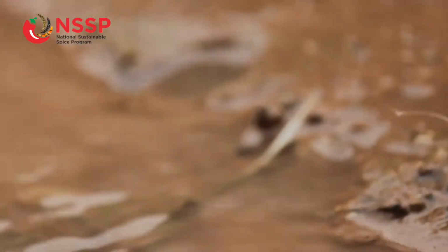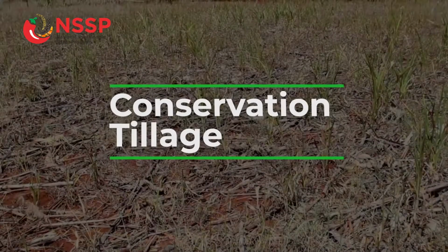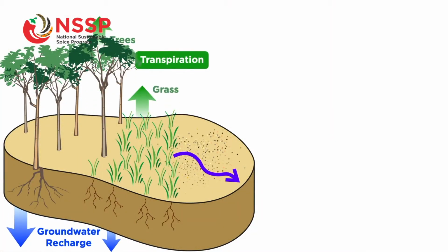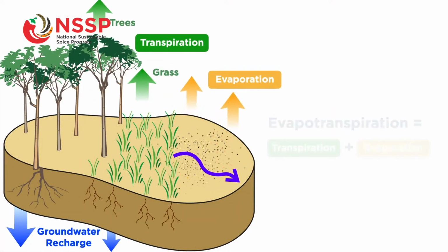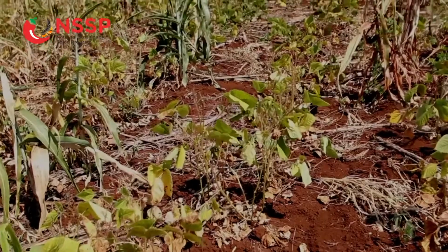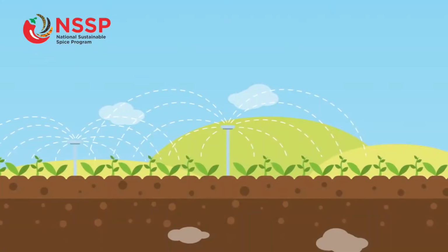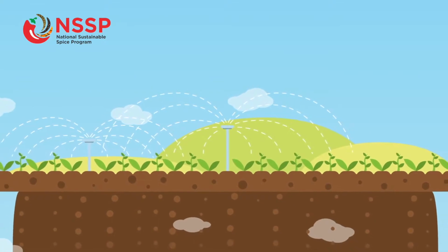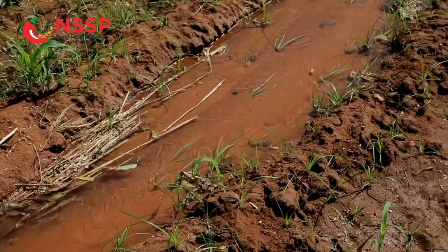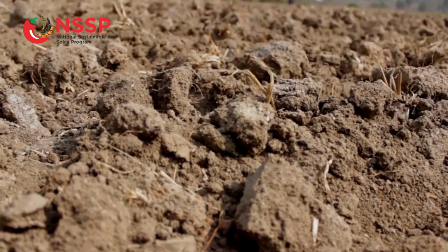In this video, we will cover various methods of soil and water conservation. Conservation tillage allows crop residue to be left on the soil to reduce evapotranspiration and protect the soil surface from wind, sun, and the impact of heavy rain. By adopting this method, the water footprint of the crops is reduced by increasing soil moisture and reducing runoff and water contamination. These systems can improve soil quality, reduce erosion and compaction, increase surface soil organic matter and carbon content,